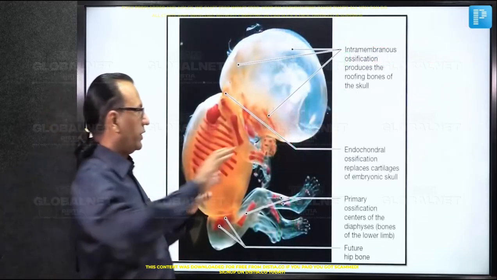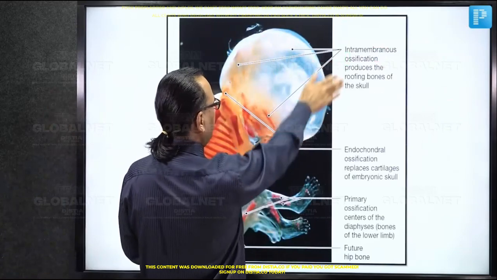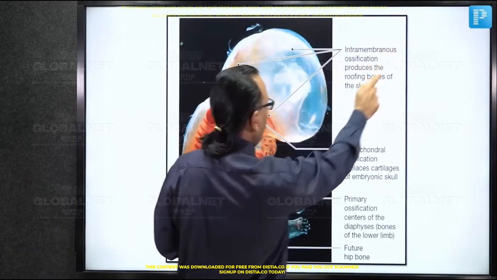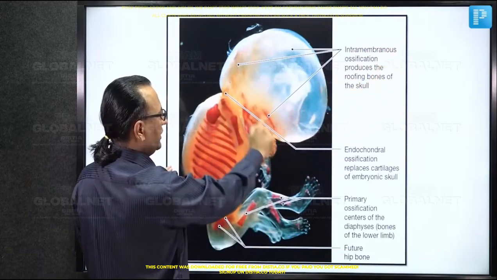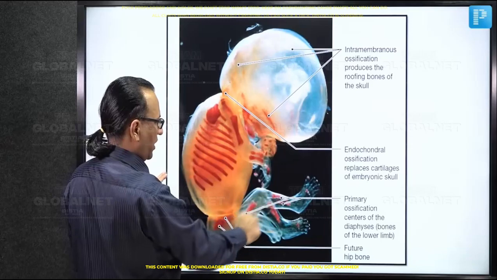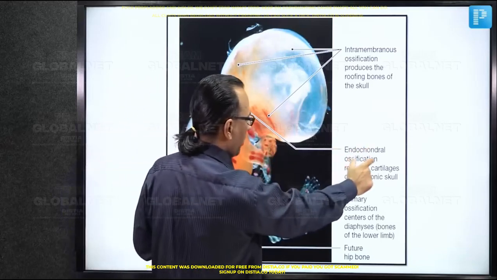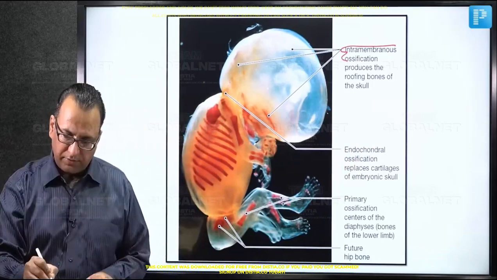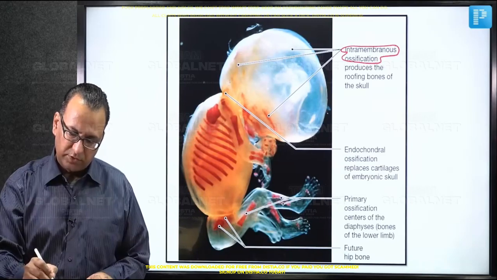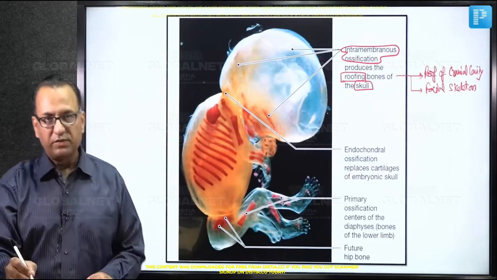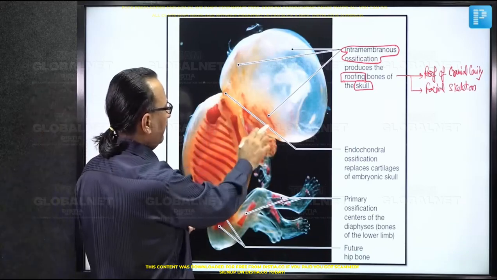The diagram is showing us the skull cap and the facial skeleton developing in the membrane, intramembranous ossification, whereas if we look at the base of the skull or the vertebra and the ribs, the upper limb bone, lower limb bone, they are basically developing from endochondral ossification. Let us mention the detail here. The intramembranous ossification is giving us the bones which form the roof of the skull and the facial skeleton, whereas if we are talking about the base of the skull,